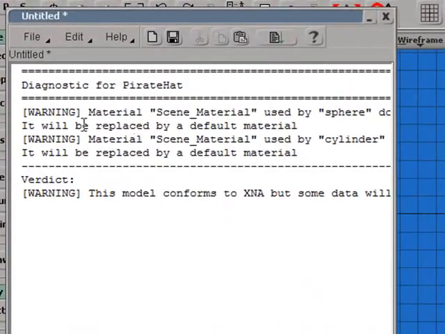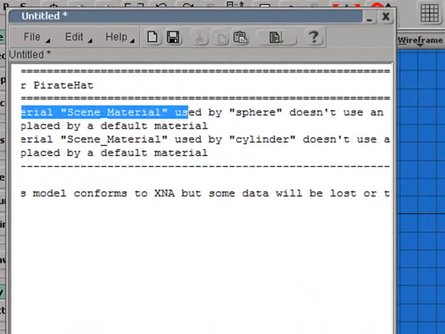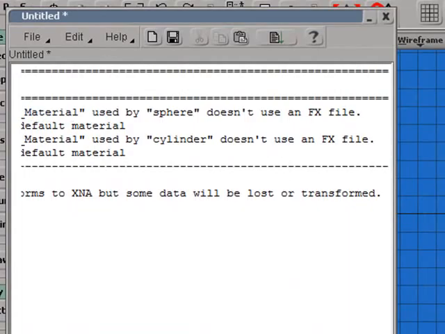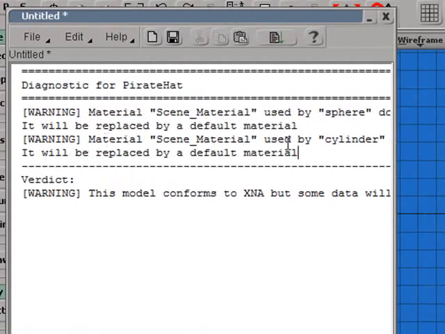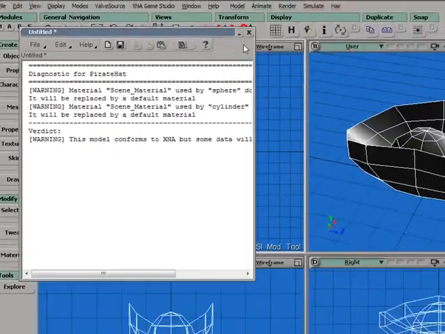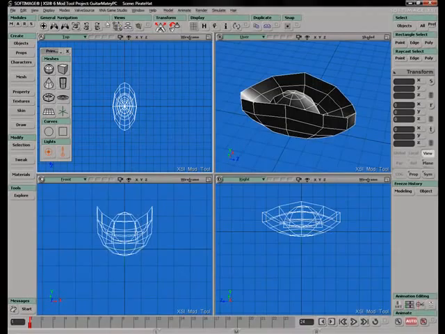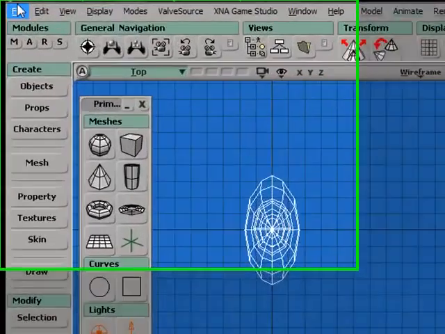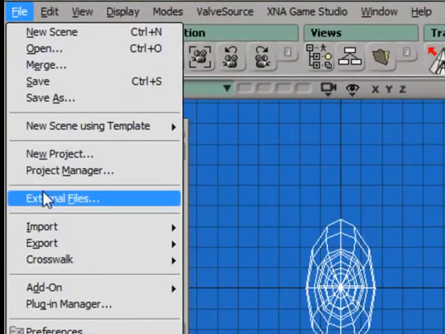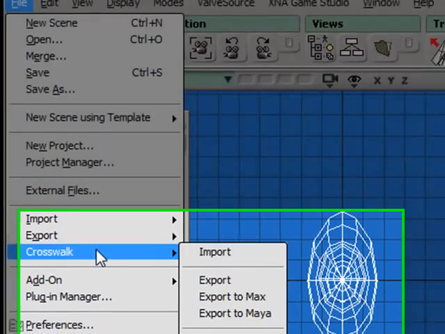Now we'll see here that it says Material Scene Material used by Sphere and Cylinder don't use an FX file, and that they will be replaced by a default material. That's okay for now because we just want to see that our pirate hat actually loads in XNA. Later though, we're going to be replacing these materials with our own materials and textures. So everything looks good, and one of the easiest ways to export using this tool is to go to Crosswalk,